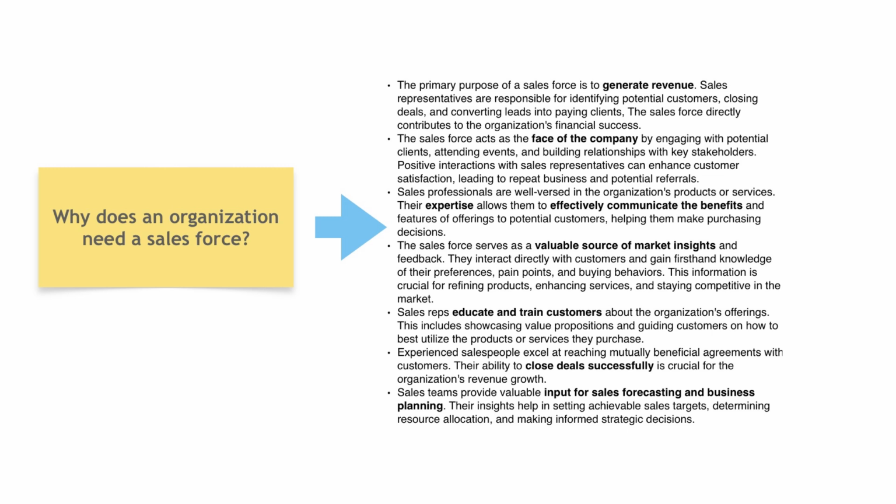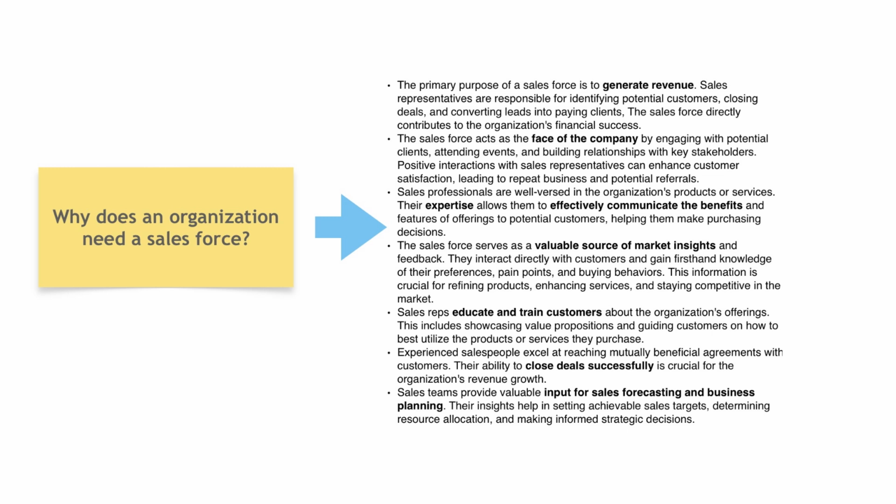Function 6 is about execution, achieving mutually beneficial agreements. Key phrase there is mutually beneficial. It's not just about closing a deal at any cost. It's about crafting agreements where the customer gets real value and the company gets a healthy profit margin. The win-win scenario. Wow. Avoids buyer's remorse or early churn.